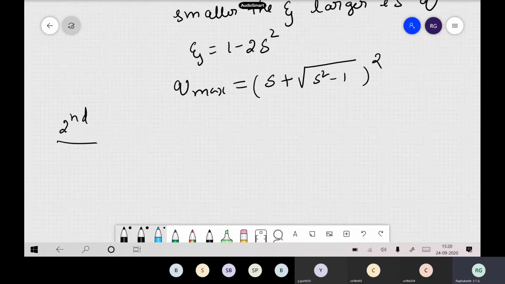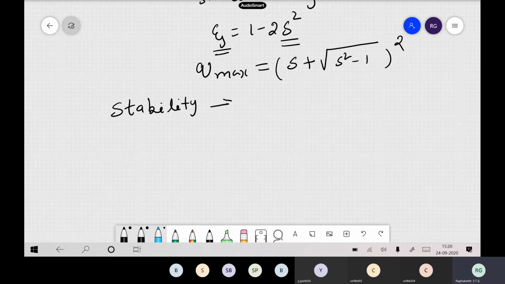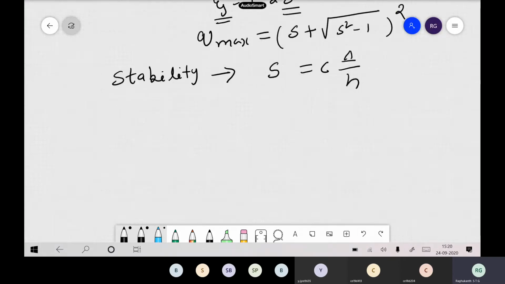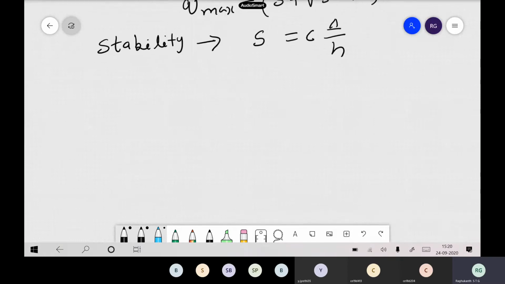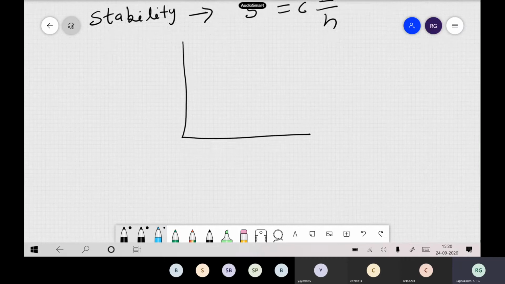Now, finally, here is the stability constraint criteria. It depends on your psi, and your psi depends on s itself. So finally everything boils down to this s, which is your c delta by h. This is the one which governs it. So you can make a graph also, like if you have on the x-axis n times